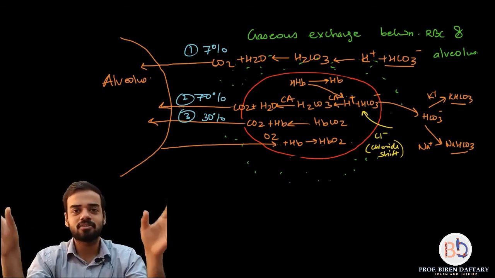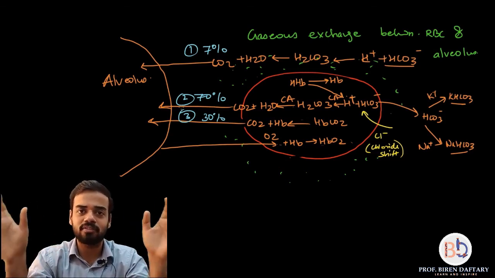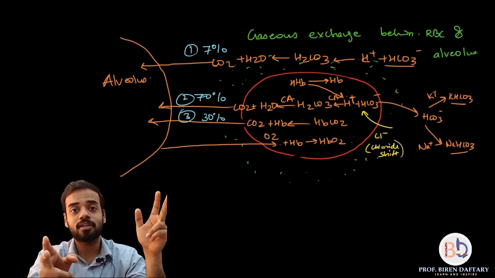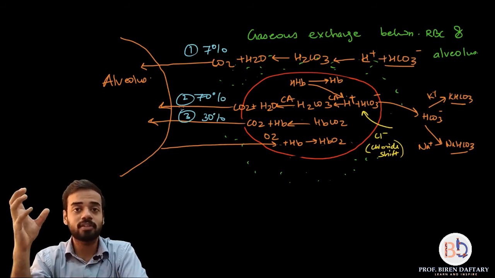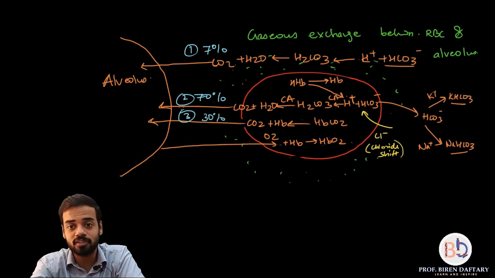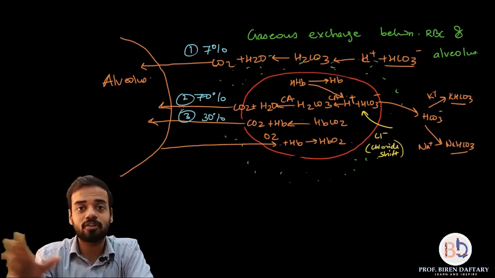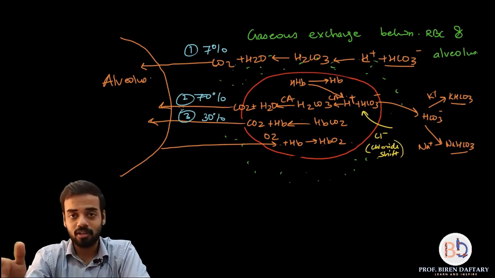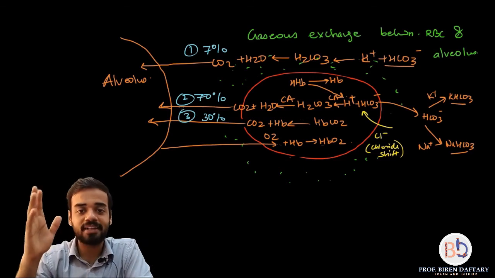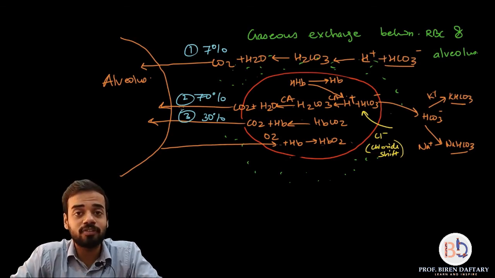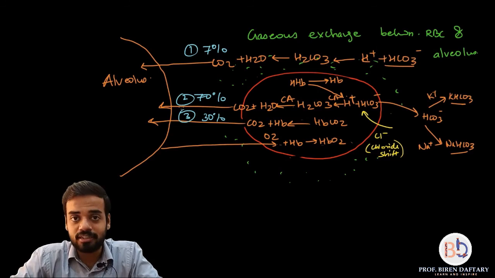Very simple reactions. You have to form bicarbonate and protons, they will remain in plasma. Second method, very important, transfer in the form of bicarbonate ions. So here what happens is, inside RBC, CO2 diffuses, carbonic anhydrase looks after all the reactions, then there is chloride shift. I have already explained that to you a couple of times, so you know that. So that ends our part of topic over here. Next time we are going to start with the last part, which is called cellular respiration.